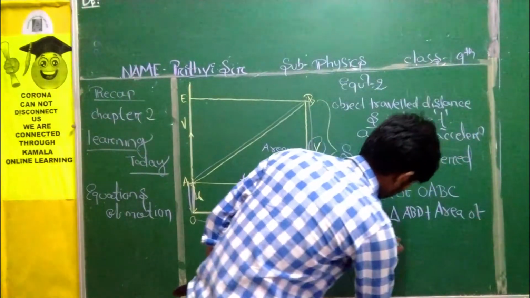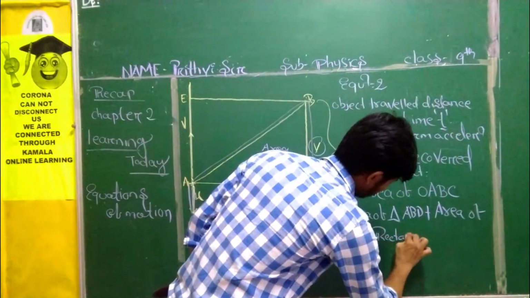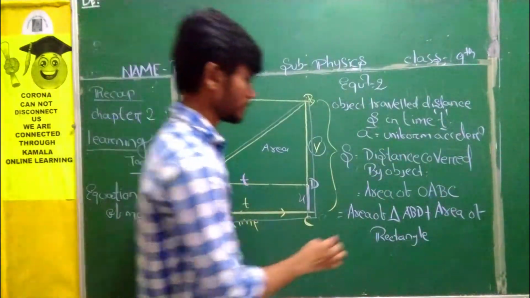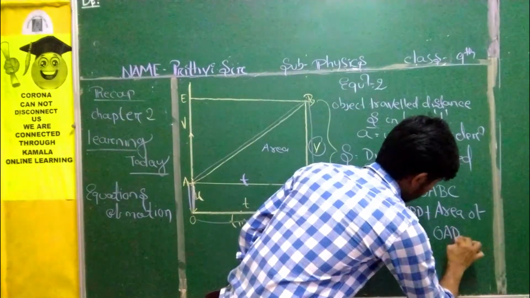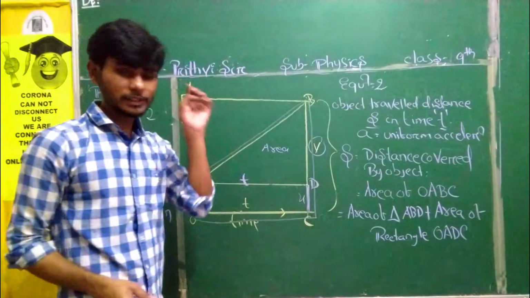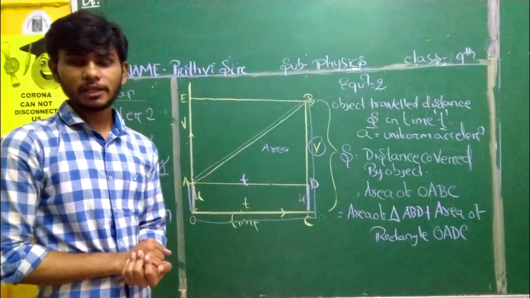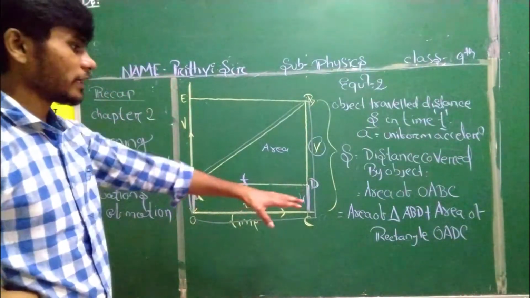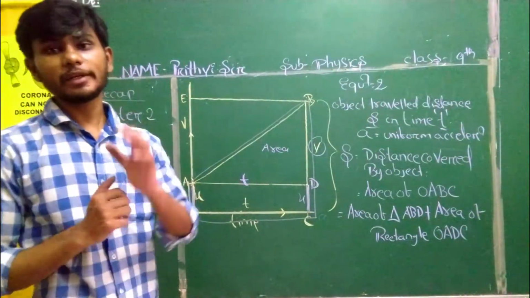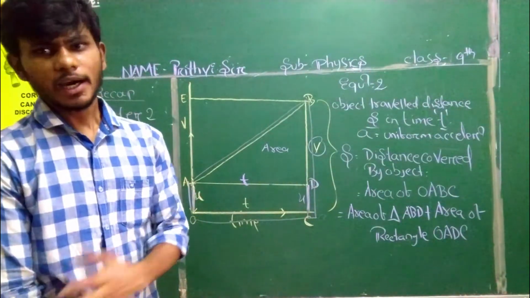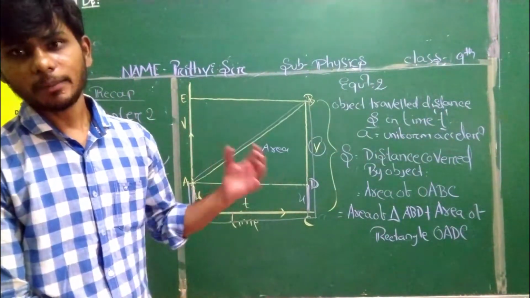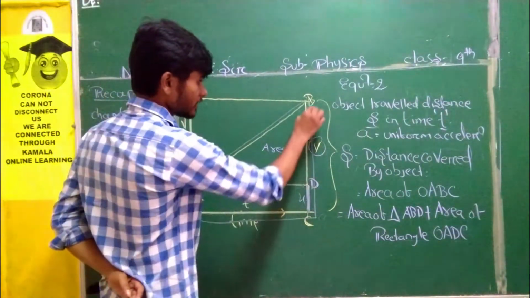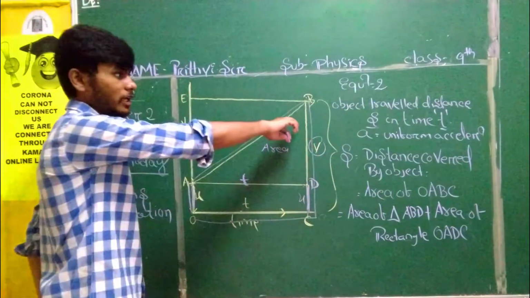area of rectangle, that is what, students? OADC. That should be our answer, right? Can you find out? We all can find out. First we will find out the area of triangle ABD. What is the formula for the area of a triangle, students? Half into length into breadth, right? Half into length into height or breadth, whatever you can say. So here, this will be our length, this will be our height. We know the value. What is the value for BD, students?